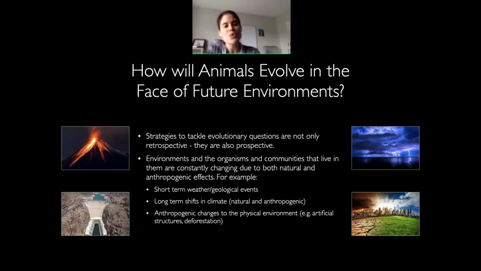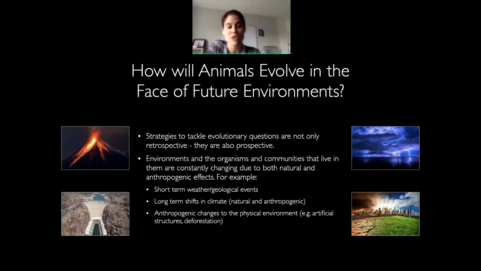And of course, we are interested in going beyond that. Many researchers are focused on, okay, so what's going to happen in the future? How are animals going to respond to things that are happening now? Conservation efforts are heavily founded in this. There's all sorts of changes. The Earth is constantly changing in its climate. Certainly, there's arguments for anthropogenic influences in terms of how it's accelerating things, all the various other things that we're doing, not just to climate, but to the